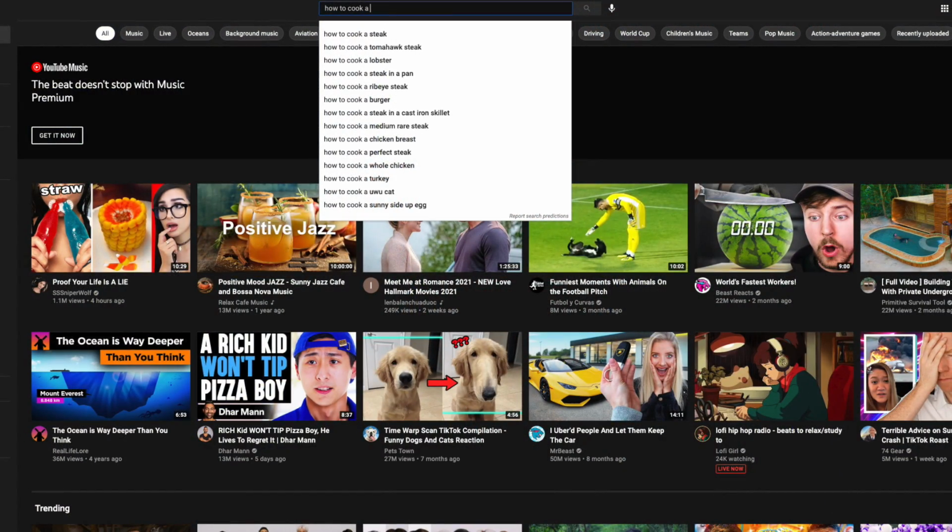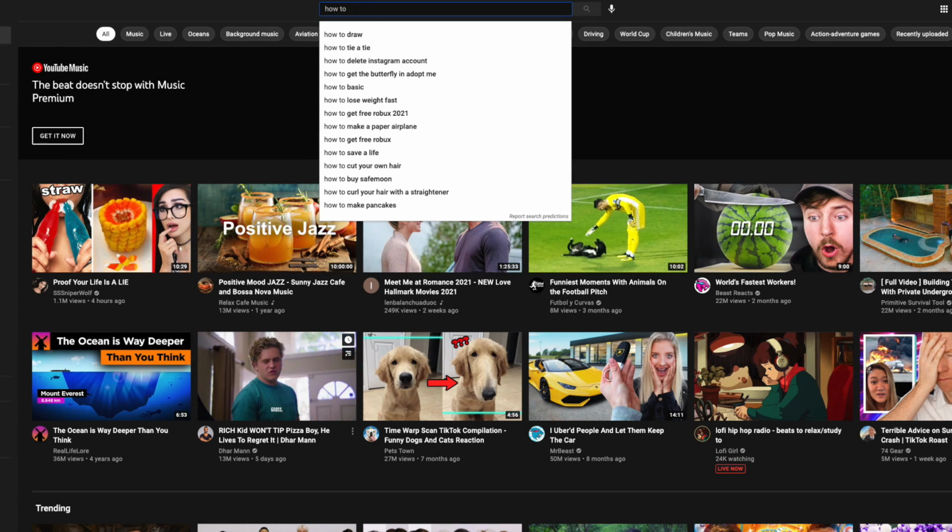Just go to your browser, go into incognito mode, and search how to, and you're gonna see so many things coming up under that how to search, and that can potentially help you come up with all kinds of new ideas. It clearly shows you some of the problems that people are having, and if you're an expert at one of those problems, you can create content all around that.